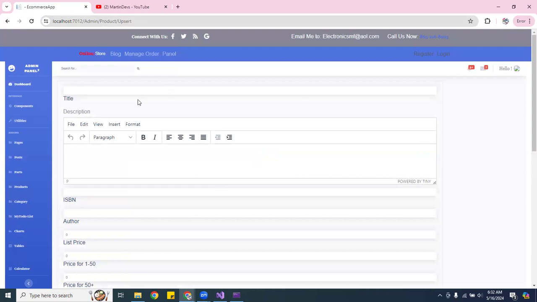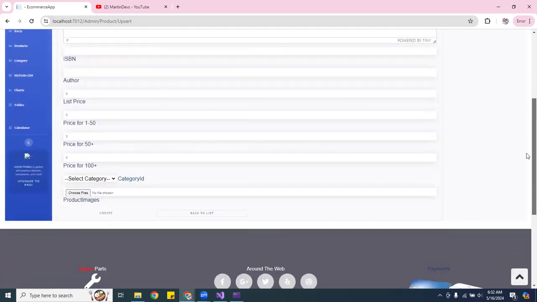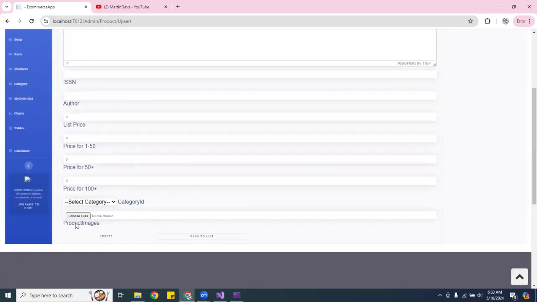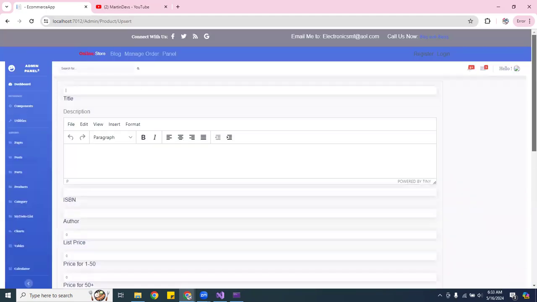So this is the panel. This is what it looks like. You can actually add the items there. You can add a picture, you can add multiple pictures and everything. So this is the panel. And also